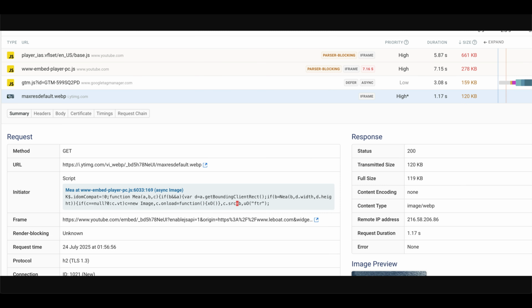If you look at the performance data, you can see that with that block, you're going to have this player base.js script that's currently taking a lot of time, 5.87 seconds. That's the size. There's the embed player that's taking like 7.15 seconds and 278 KB of size. And then another issue apart from that is that it loads the